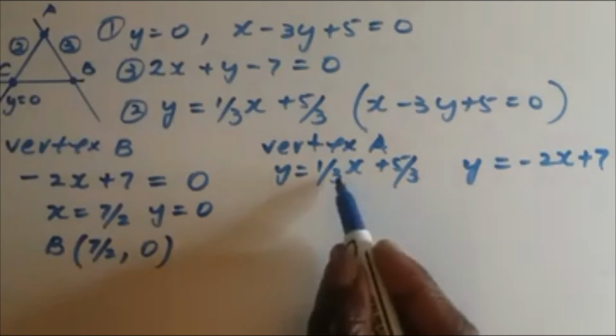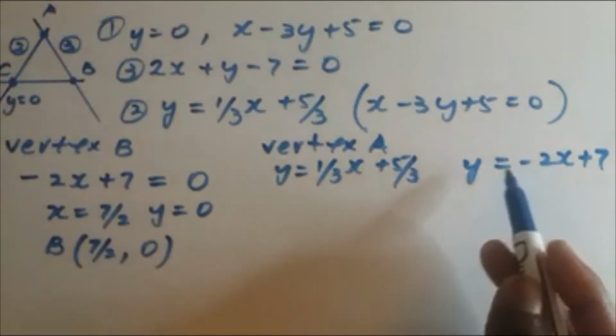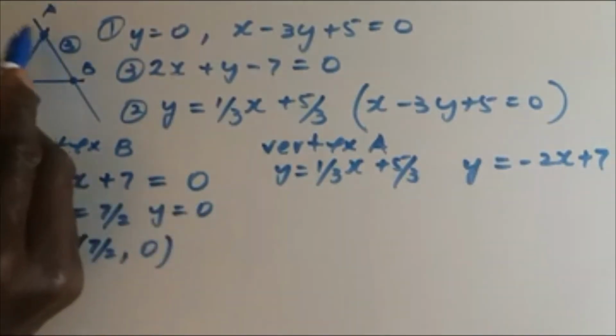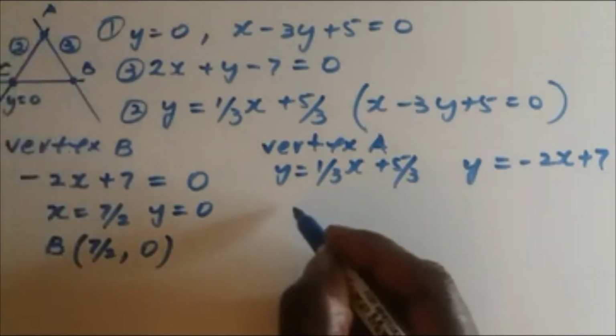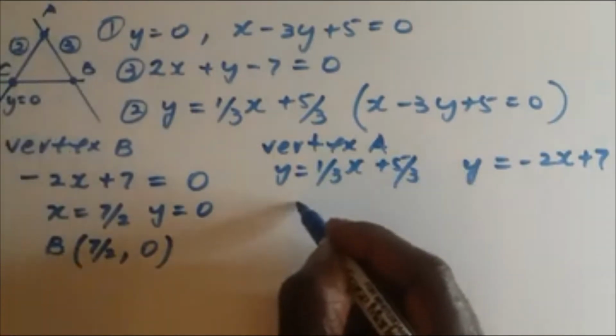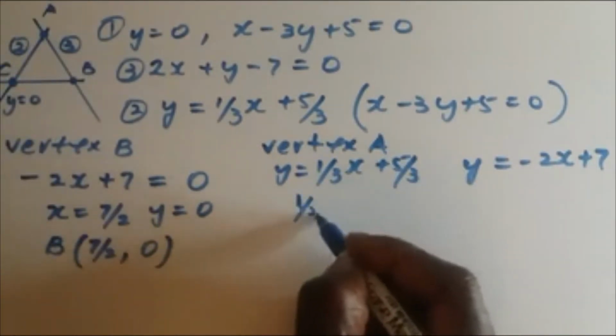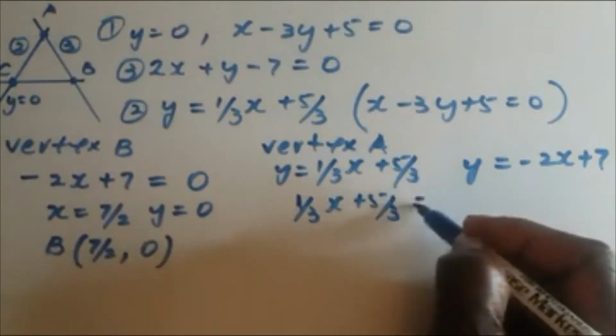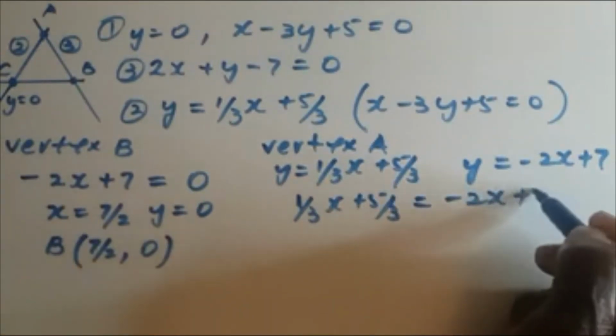Again, this must be equal to this to find a point of intersection, which is the vertex at A here. So this gives us a third x add 5 over 3 is equal to minus 2x add 7,